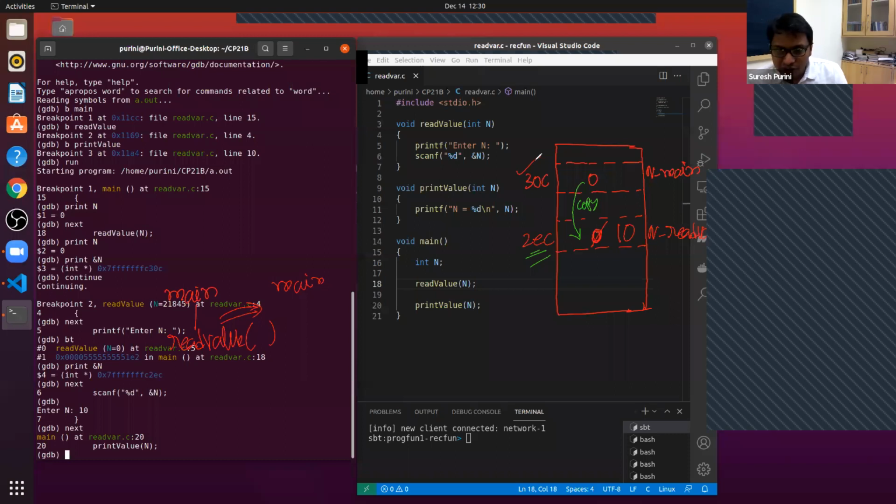It's a garbage value, Yash. It is 0. From your friends, you can see someone got 1, someone got -54. And I know in the earlier class I got something like 32,567. Yes, scanf reads n is equal to 10, but into which n? It reads into 2EC.